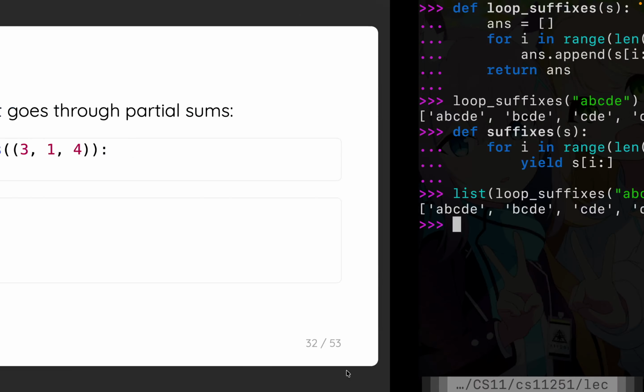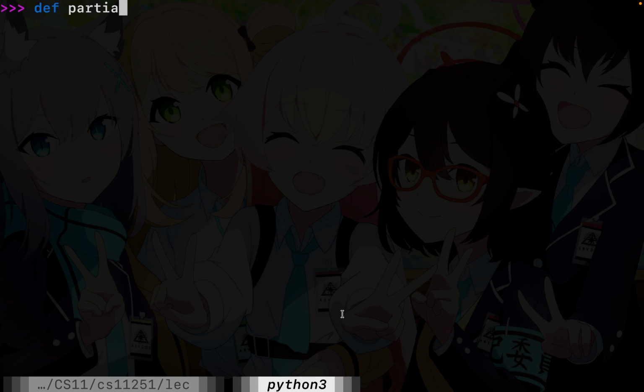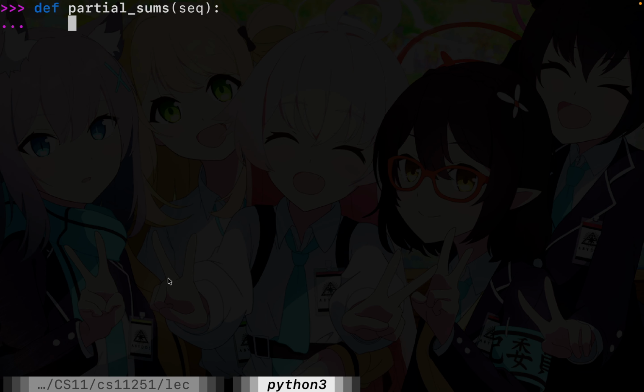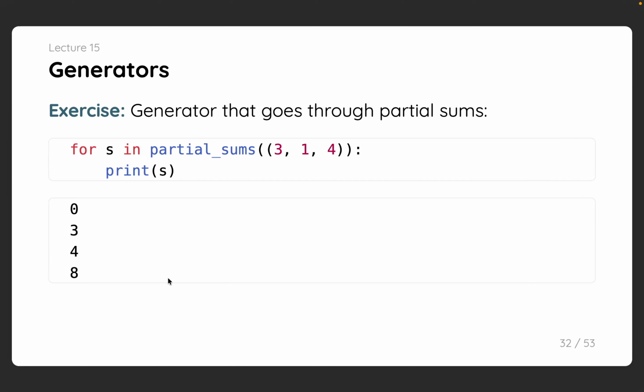Okay, same thing for most of the other things that we've implemented. If I want to get the partial sums of a sequence, the partial sums are the sums of the prefixes of the sequence. So the empty prefix has sum 0. If we add 3 to that, that becomes 3. If we add 1 to that, that becomes 4. Add 4 to that to become 8, and so on and so forth. So how we would implement that is that,